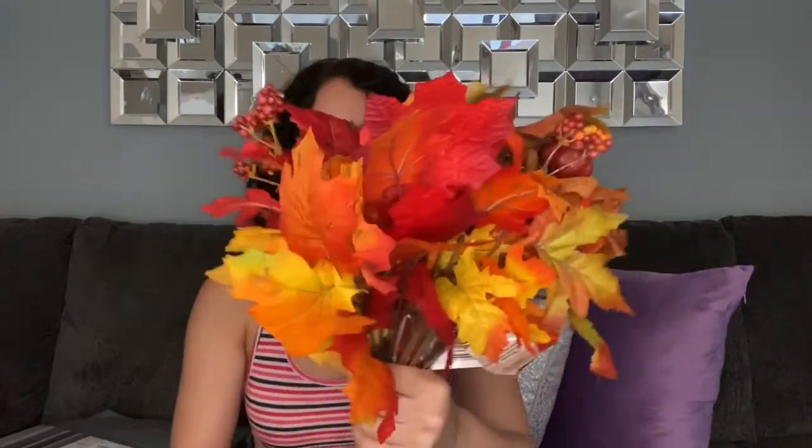So first store, Dollar Tree, we're gonna start there. I have a few DIYs in mind for fall. I'm gonna make a wreath, so I got one of these floral wreath rings here, and some sprigs of leaves. I got 6 of them. Some of them have berries and there's a pumpkin there. So what my plan is to paint these. I'm gonna spray paint the leaves, probably paint the berries and the pumpkin white, add some glitter, and glue them